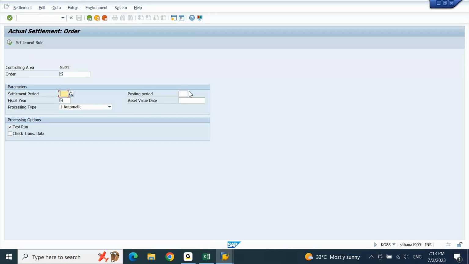Can you find a posting date anywhere on the settlement screen? No, there is no date called posting date. You have a date called value date, but there is no date called posting date, which means in your asset,